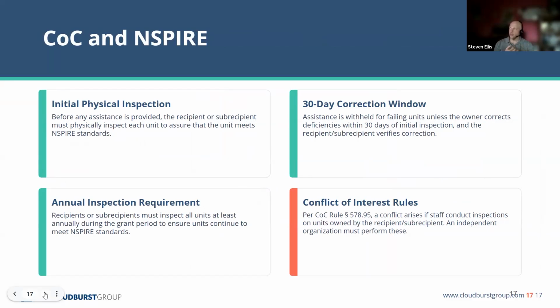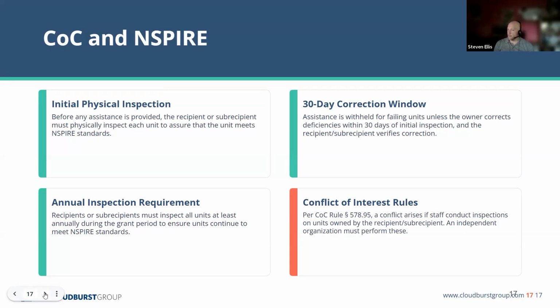So once again, the initial inspection needs to occur. That didn't change. There's a 30-day corrective window. That didn't change. But for all of the programs that have Inspire implementation notices, there's a lot more to be said about abatement, right? So once again, that's why I highlight it now, so you're aware and can think through what that means before NSPIRE comes out, particularly if the COC implementation notice talks about it more.